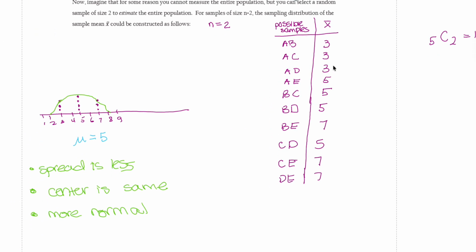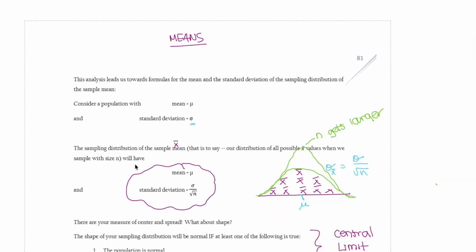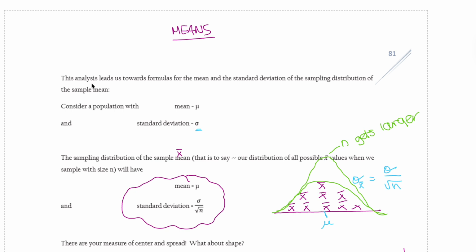And I'm going to plug in all of those values onto my normal curve. And you can see that as we increase our sample size, the spread is less. The center is the same, but it's more normal. So increasing the sample size will definitely let your data become more normal and closer to the real mean. The analysis leads us towards formulas for the mean and the standard deviation of the sampling distribution of